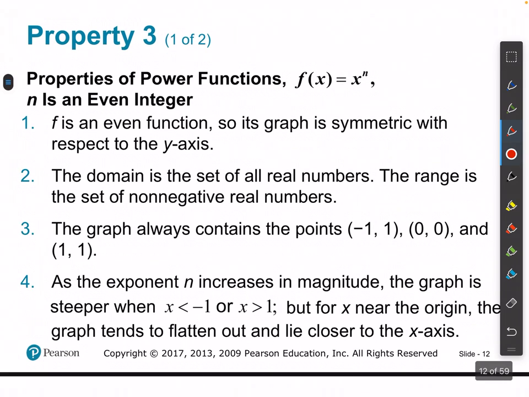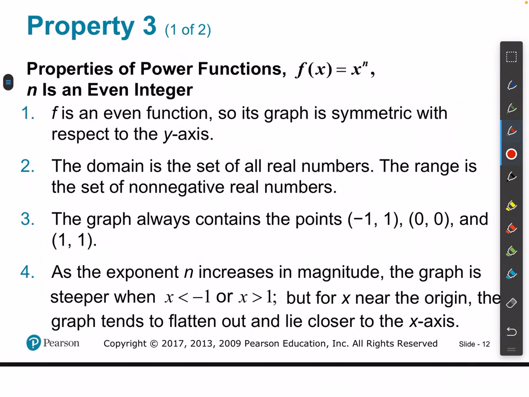Okay, so property 3, properties of power functions. If f is an even function, so we're looking at evens, then we know that it's symmetric with respect to the y-axis, meaning the end behavior is going to be the same. The domain is the set of all reals. The range is the set of non-negative real numbers. That's just for a power function. It can go into the negative once modified, so don't assume otherwise. This is just for a